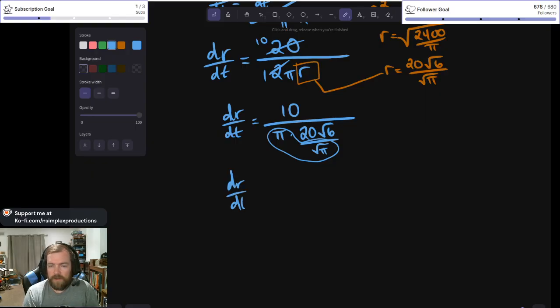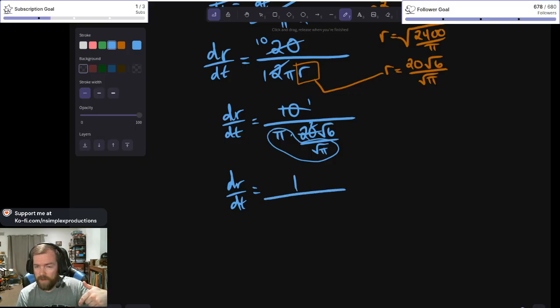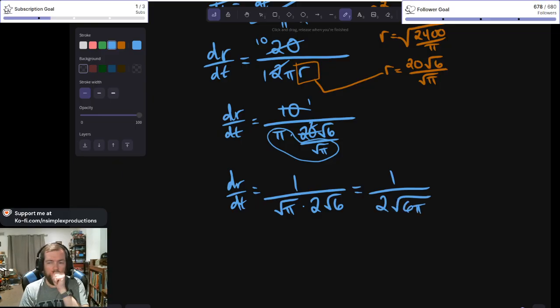So dr/dt is equal to, here we got 10. It's going to be 2 root 6 in the denominator, 1 over root pi times 2 root 6, which is 1 over 2 root 6 pi, which is approximately,